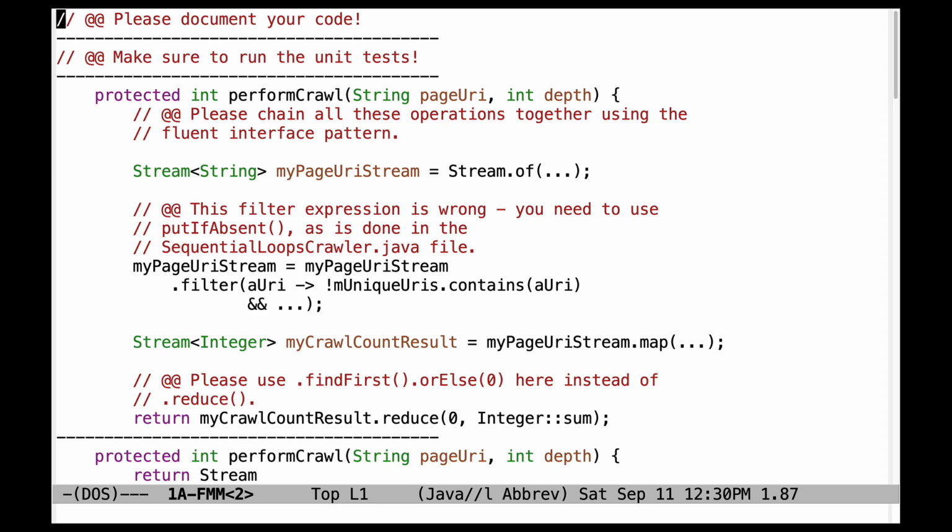Welcome to the walkthrough of the frequently made mistakes for assignment 1A. A couple things to start out with. First, please make sure to document your code. It's not enough to acknowledge the fact that I provided you with some specifications. You need to document all your methods and show what they're doing, in particular the methods that are the stream